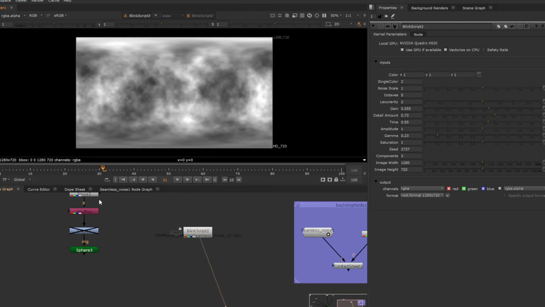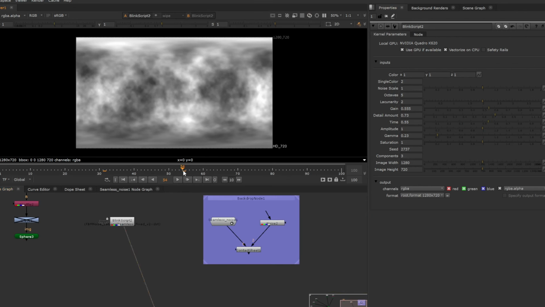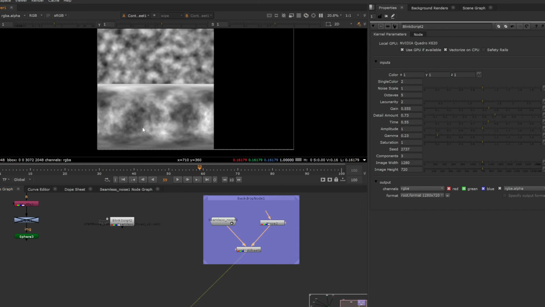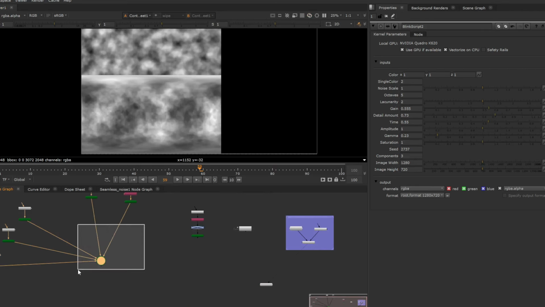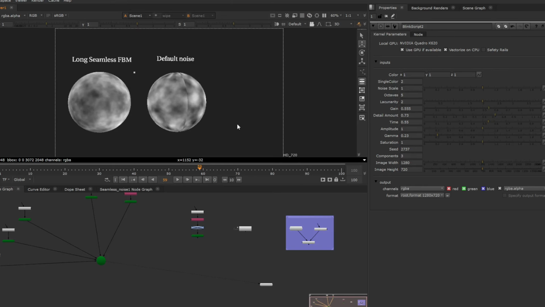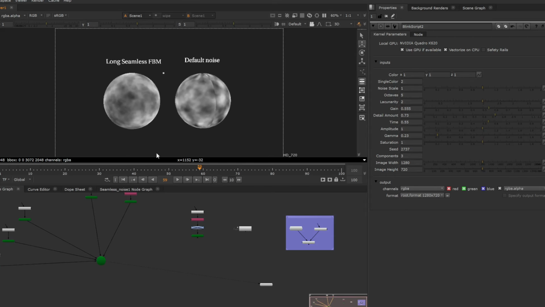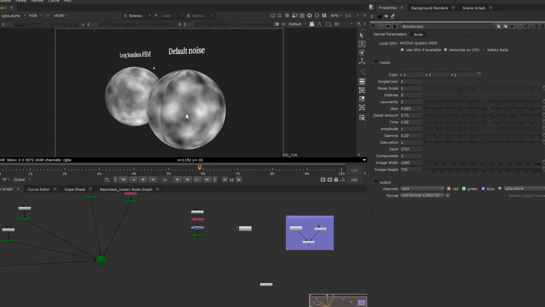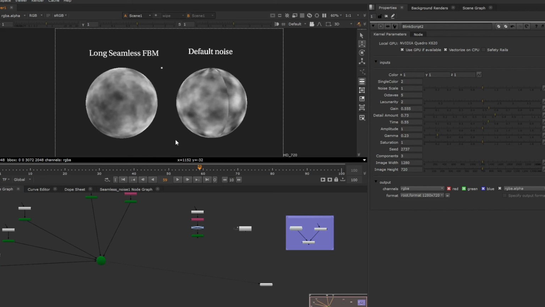Let me break it down in simple terms. First, we normalize the pixel coordinates into UVs. Then, the UVs are converted into latitude and longitude. Longitude runs from minus 2 pi to plus 2 pi. Latitude runs from minus pi over 2 to plus pi over 2. From those angles, we generate the direction vector using sine and cosine. This gives us a point on a unit sphere. That sphere direction becomes the input to a noise FBM function. Since the noise is sampled in a continuous 3D space, it is inherently seamless when projected back to a lat-long